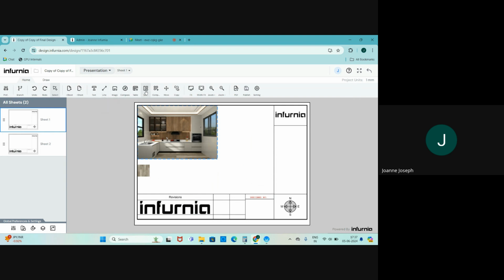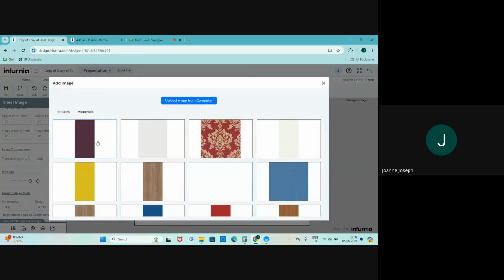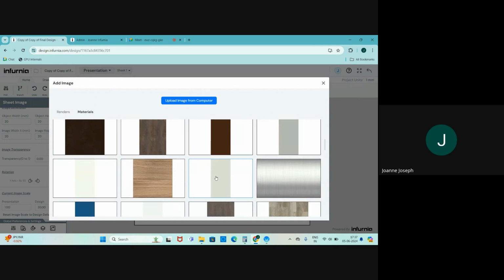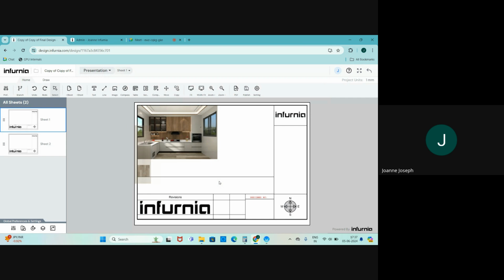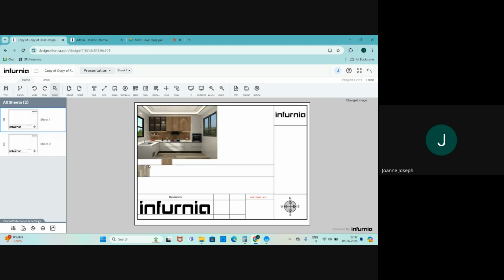So I'll just add a section so that there's a sort of alignment. So now it'll just snap. Everything that I add will be snapped here. In this way, you can keep adding your materials. Siberian oak. Again, I'll be resizing and cropping these. And if I want it to remain here,